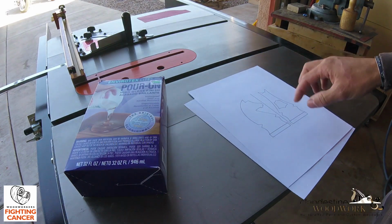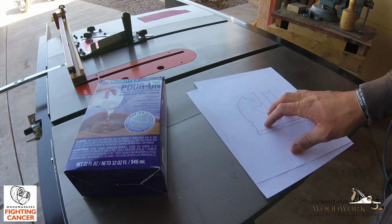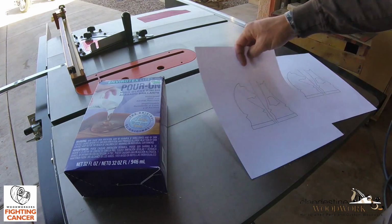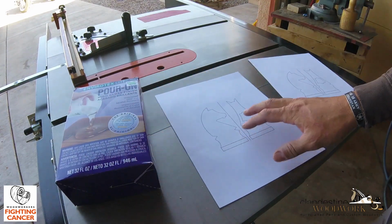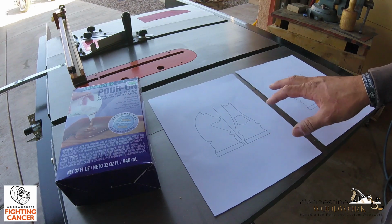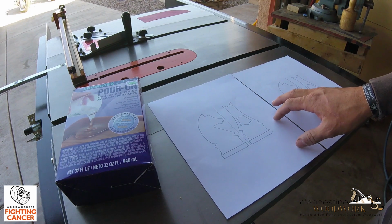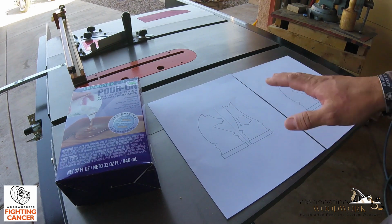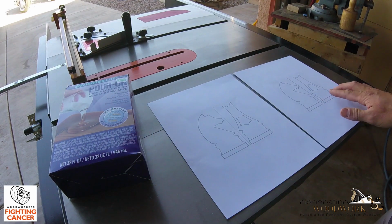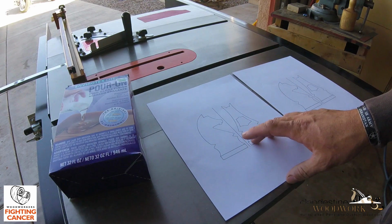I'm going to try one more cast resin frame for Woodworkers Fighting Cancer this year. One of the guys I work with is back home right now with his father, and I'd asked, for his kids, I'd like to make one for them, and asked him for some ideas. And he said that his oldest son would play chess with his grandfather all the time, so he figured something